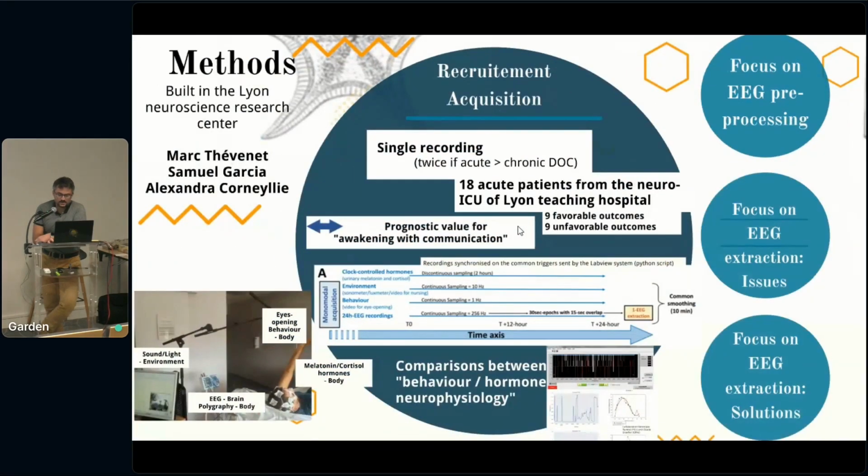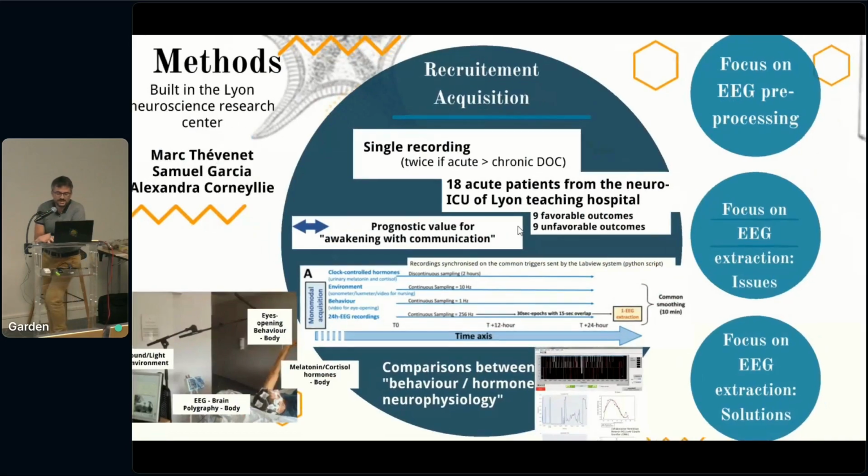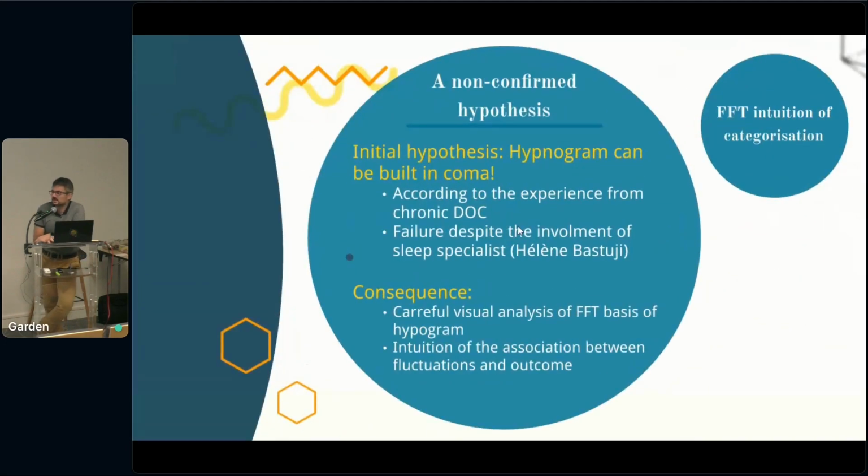Then we focus on the EEG extraction. We had the main issue because we had a first hypothesis that was not confirmed. It was that it was possible to extract and define hypnograms in coma. And in fact, it was based on the literature experience from chronic disorder of consciousness, but it was clearly a failure, despite the involvement of a sleep specialist who was Hélène Bastugi in this case. But as a consequence, we had to have a very careful visual analysis of FFT, which was the basis of the hypnograms we failed to